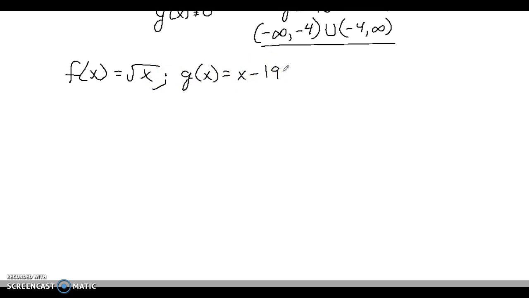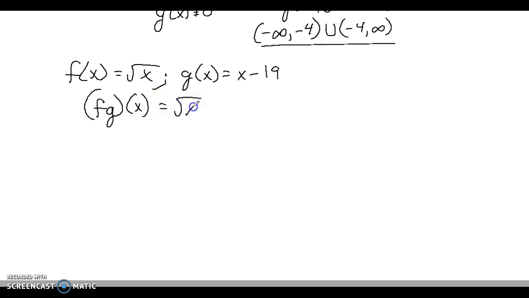Well, first of all, we might notice fairly quickly that there are no common terms. There are no like terms between these two functions. So if we do f plus g, f minus g, or even really f times g, there's not much we can do to combine it and make it look nice. So we're not going to do that many of those. And since they all have the same domain, there's no real reason to go through all of them. So let's just do f times g of x,